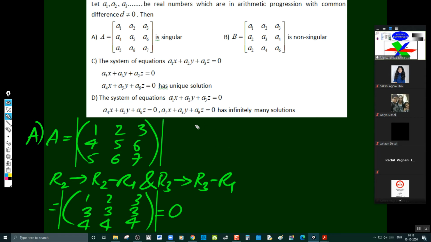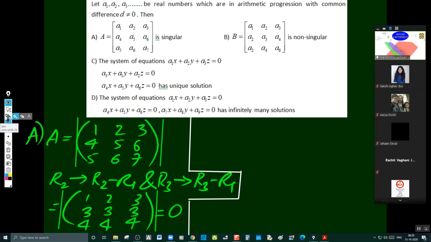Next one is B. And you can try in the similar manner, B also. And just check the coefficients of option C. What are the coefficients of option C? A1, A2, A3. Here only, A1, A2, A3. And A3, A1, A2. Okay, it's changed here. And A4, A5, A6. This is correct, but the second row is changed here. We'll go for that. Now, option B, please.